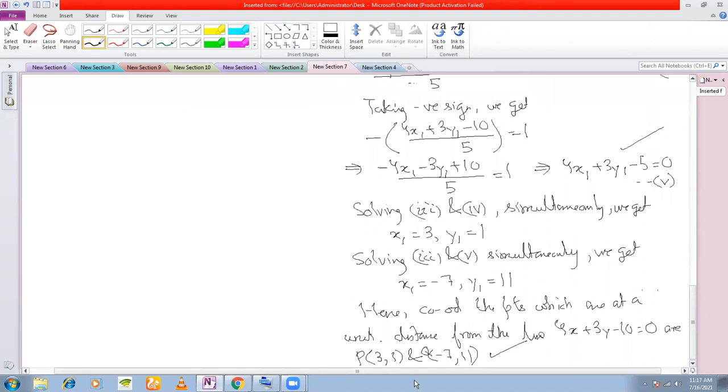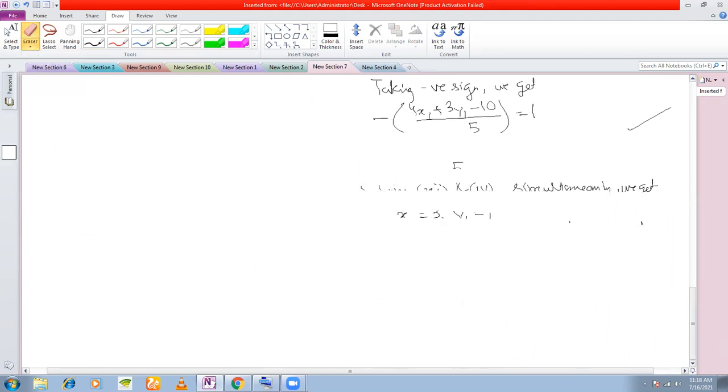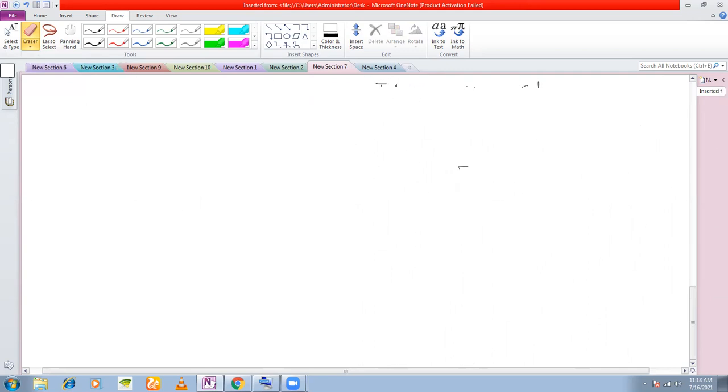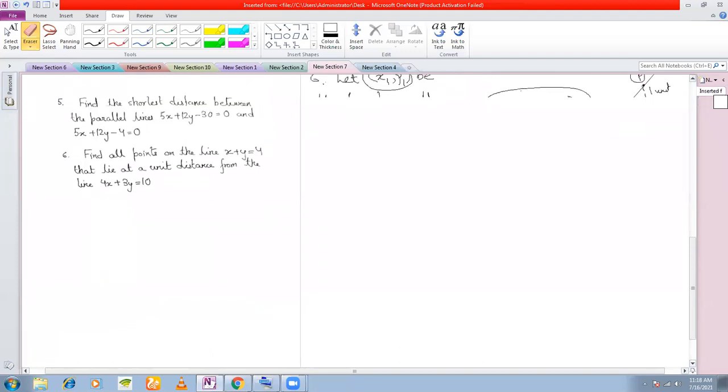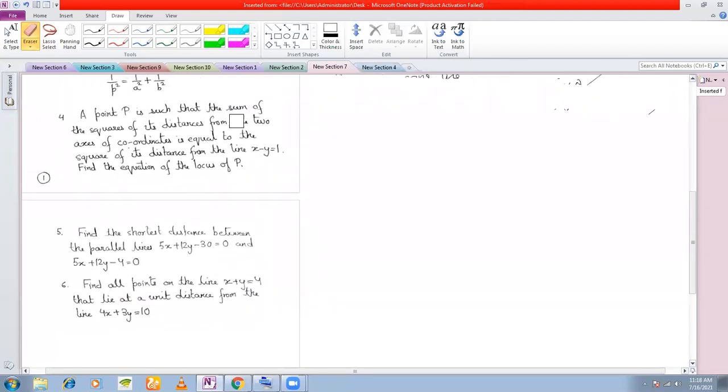Now I'll come to the definition of locus. Locus we'll be discussing later on also. Once I finish the first term syllabus, I will be discussing locus in detail. Before I start circles, I will be discussing locus. Okay. Now, what is a locus? The definition of locus is that any path traced by a point, that is anything that you draw on the XY plane, even it may be a straight line also, it may be a circle also, it may be any curved line that you draw, that is called a locus.